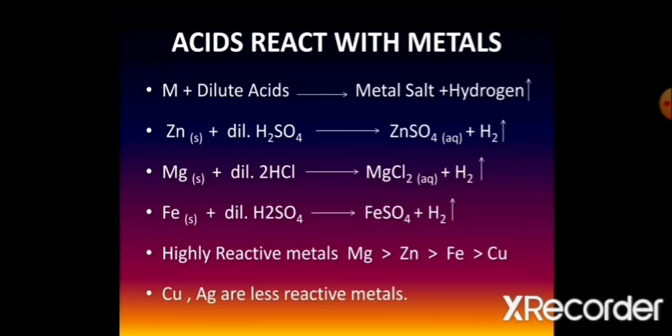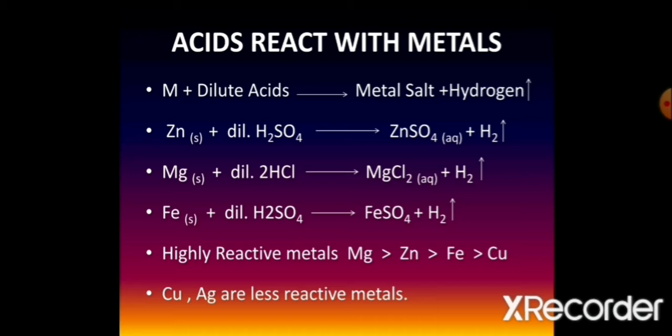Can you now write the equation for the reaction that you just observed? That is, solid zinc metal reacts with sulfuric acid, forms zinc sulfate salt, and hydrogen gas is released. Students, you have to take care: when a solid metal is present, at that time you have to write (s). Whatever the state of the compound, you have to mention it in small brackets. If it is a gas, then you have to denote it by an upward arrow.